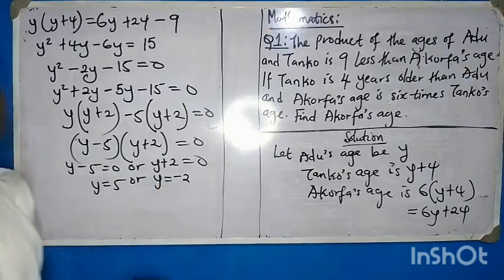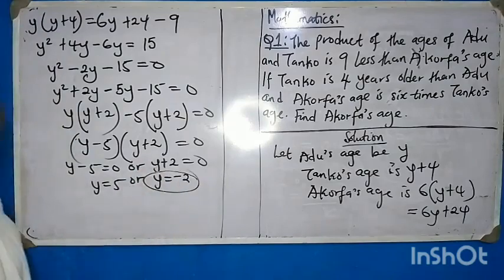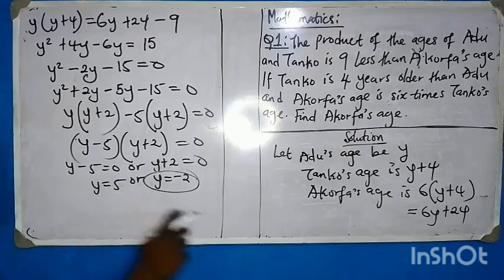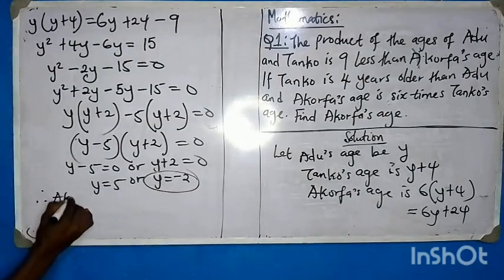Now, since the ages of people cannot be negative, we cannot use y equals minus 3. We can only use y is equal to 5. So, remember Akofa's age. Therefore, in our question, Akofa's age